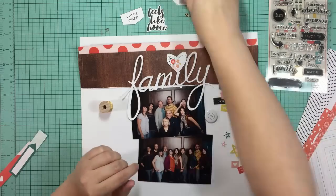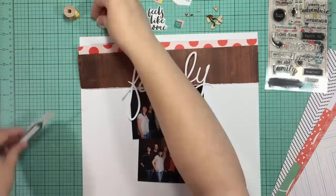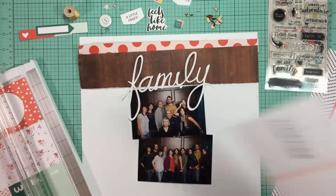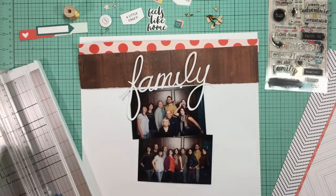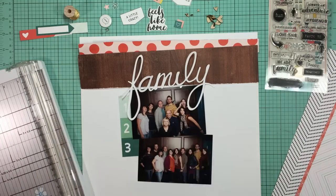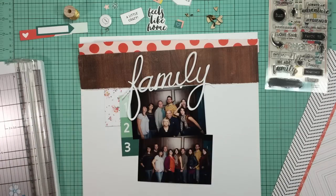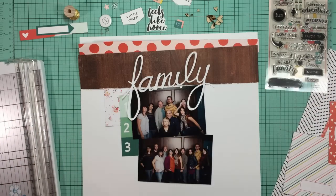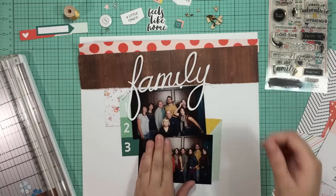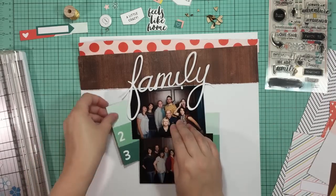And the story behind this particular layout that I'm going to tell is the fact that this is my husband's family, and they are some of my best friends, and I tell people all the time how lucky I am to have his family for in-laws, because I know a lot of people don't get along with their in-laws, but we're best friends, and I love that. So that's the story that I'm going to tell. And there's a silly photo on the top of my husband and his siblings with their parents, and then the bottom one is all of the siblings, including the